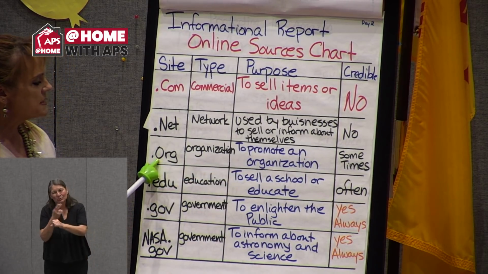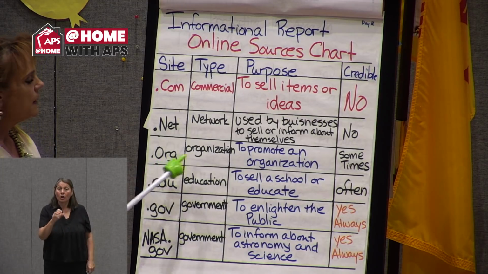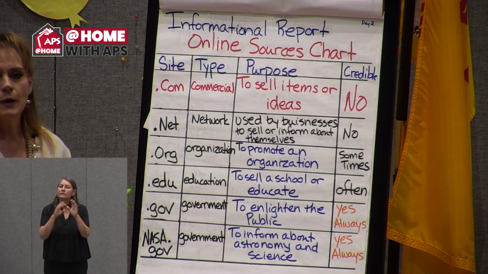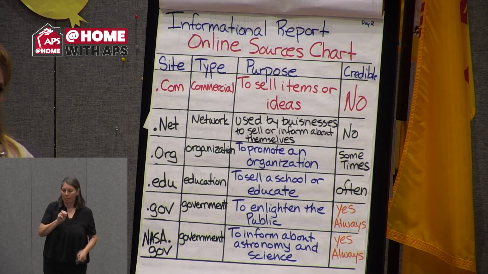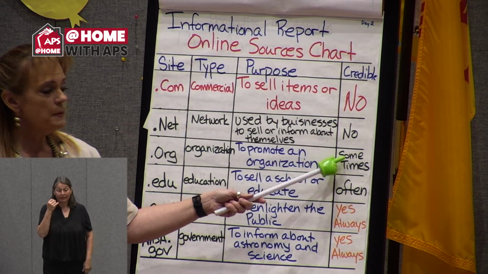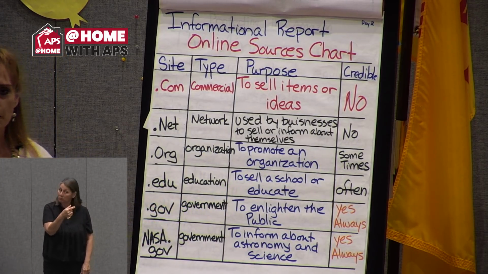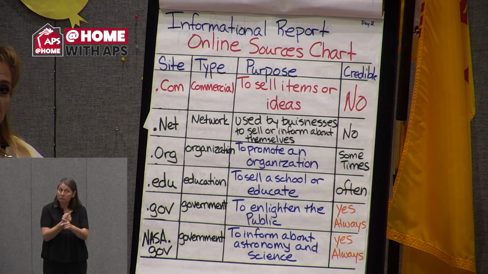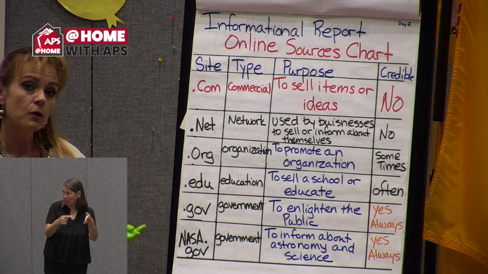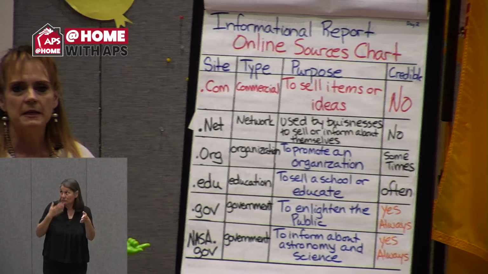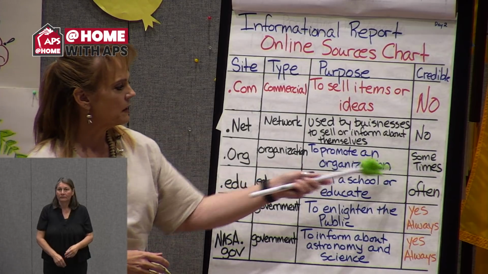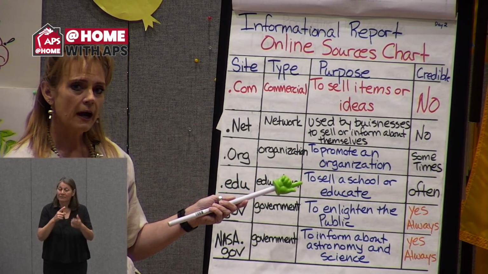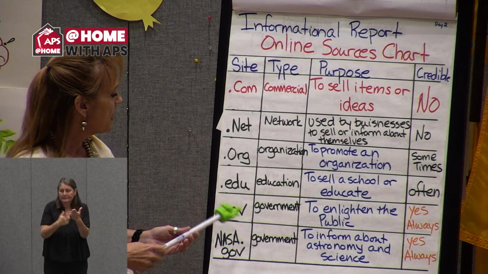Now, we have other ones that are called .org, right? So those are organizations. So you have the Heart Society, the Lung Society. Those are different that are .orgs. If you have a .org, it could be that the material on it is appropriate, but you have to think about it. And you have to maybe talk to the adults in your home and ask them, do you think the information on this .org site is something that would be good for me to use as a source for my report? Okay, so you have to think about that one, because sometimes the information can be very good, high quality. Sometimes you might have to think about it.